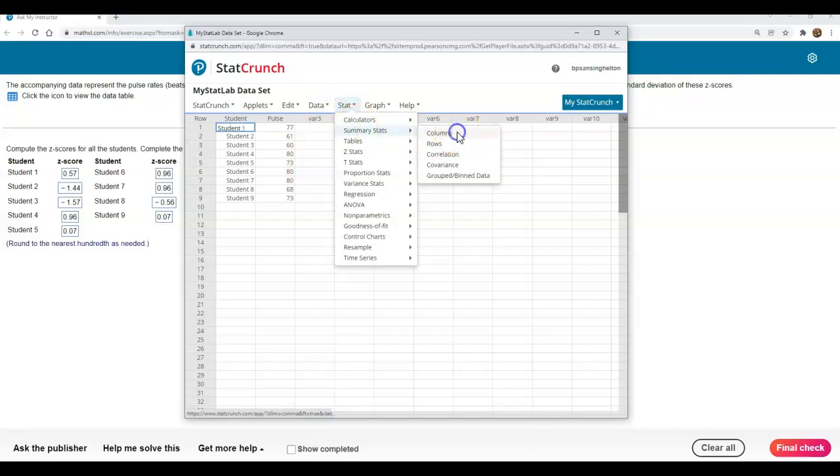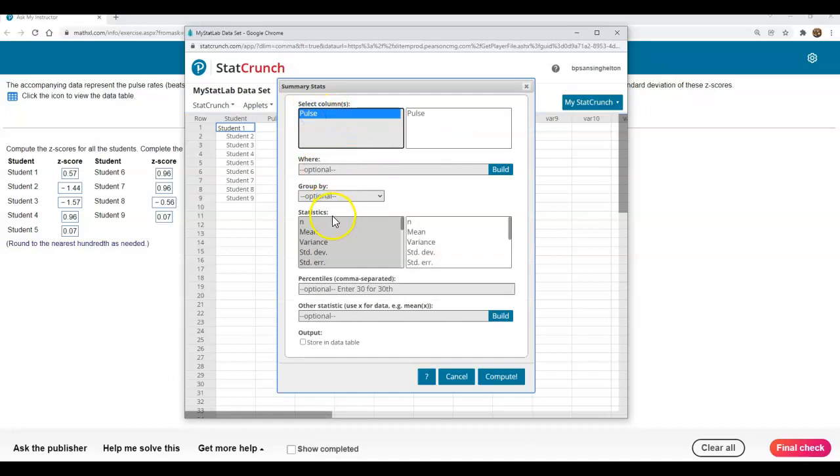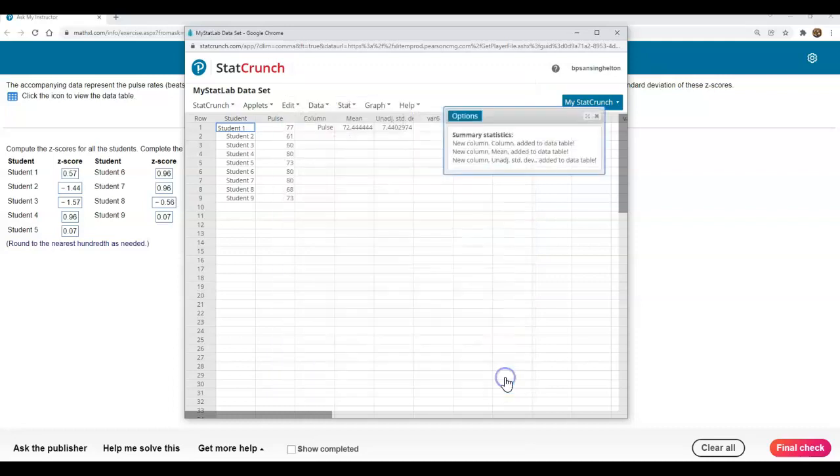So we'll do summary statistics, and we'll do columns, and we'll do the mean, and then not this one. This standard deviation is the sample standard deviation. You got to scroll down and choose unadjusted standard deviation. So I hold the control key down to pick both. And then I say store in data table, and I compute it. So now it makes me a value for the mean and a value for the unadjusted standard deviation, which is